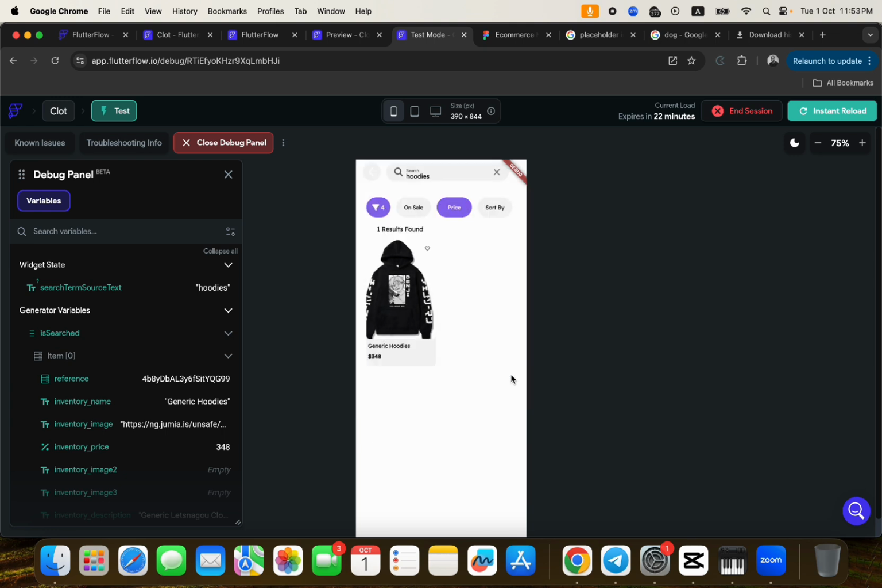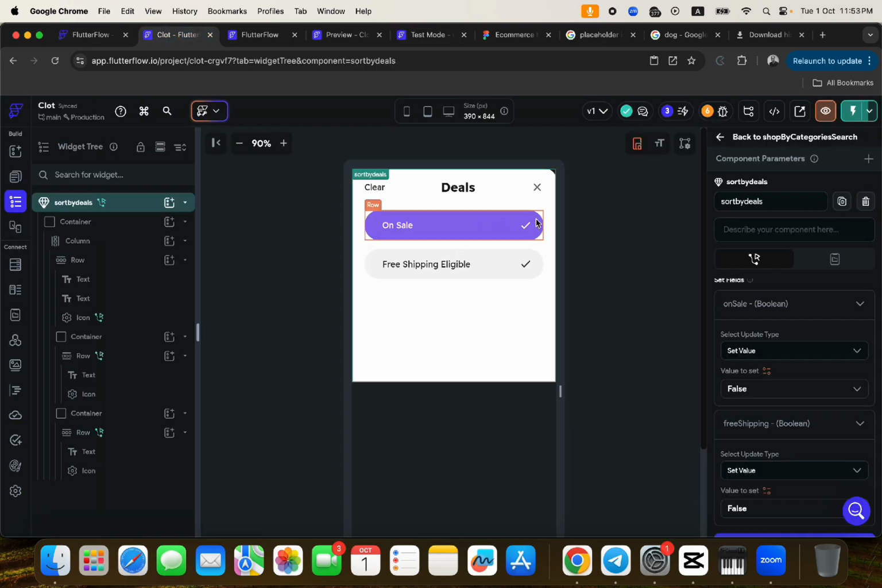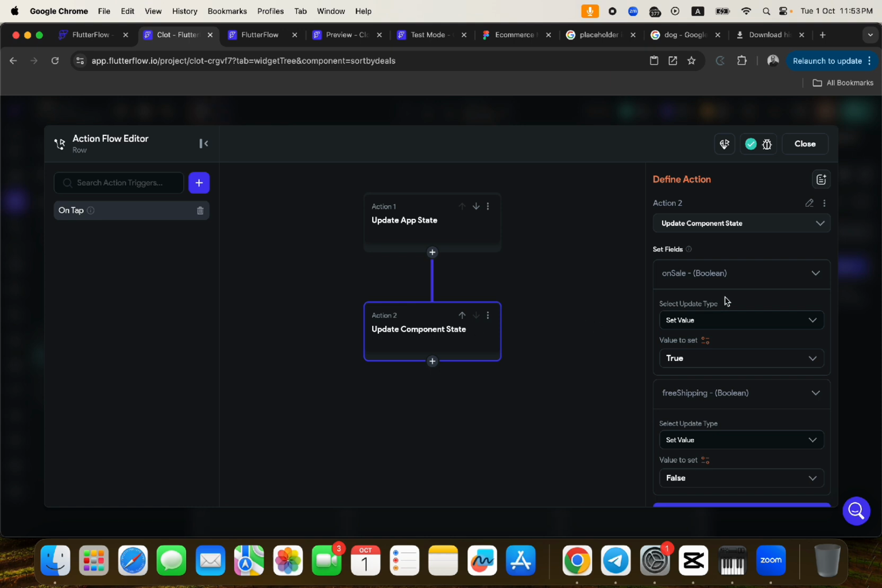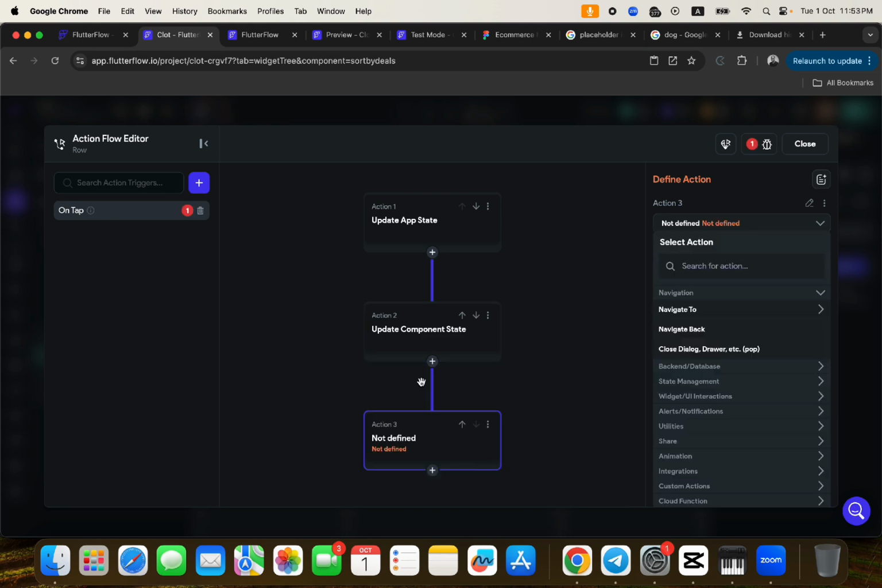nothing happens. Now it is because when the user clicks on here, right, we are updating an app state to say deals. Okay, deals is now going to be equals to on sale. Yes, and updating the components and all of this is fine. And now we need to add another action. So basically 2 actions. So we're going to navigate to, no, we're not going to close it. We're going to navigate to